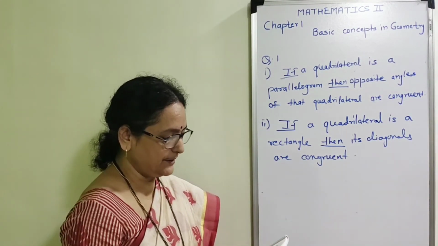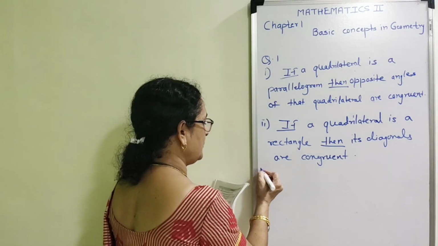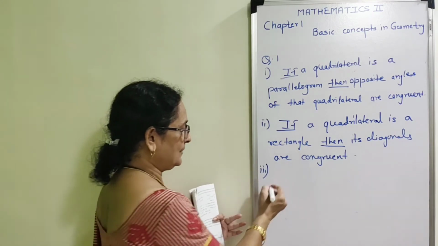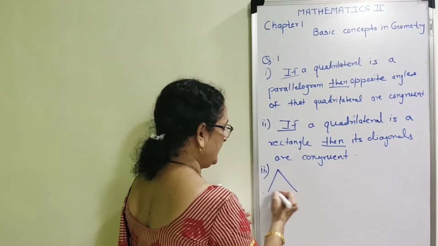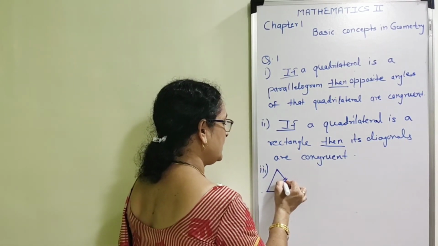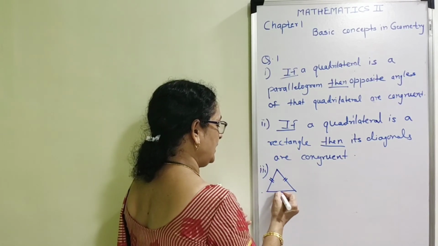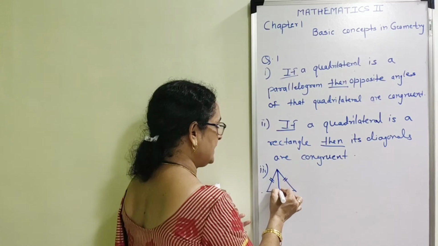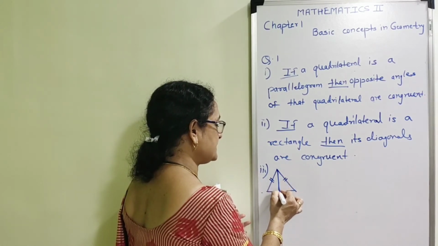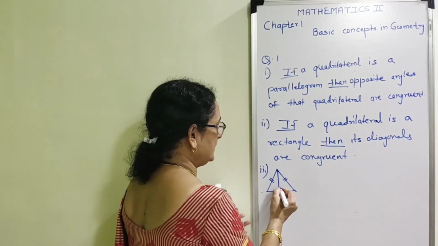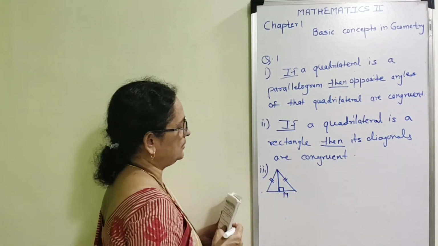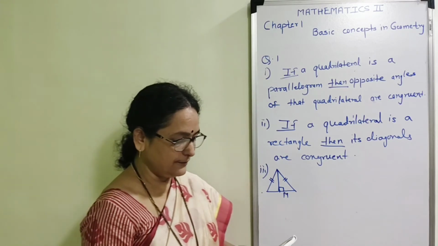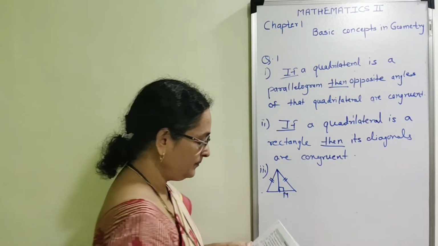Now the third statement is related with an important property of the isosceles triangle. I am going to draw some figure. If the given triangle is an isosceles triangle, and if I have taken the midpoint of the opposite side, and if I have joined the vertex with this midpoint, then it is always perpendicular to the base. This is the property given. Now I am going to convert the statement in the if-then form.